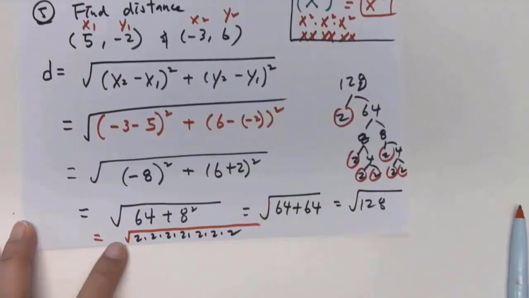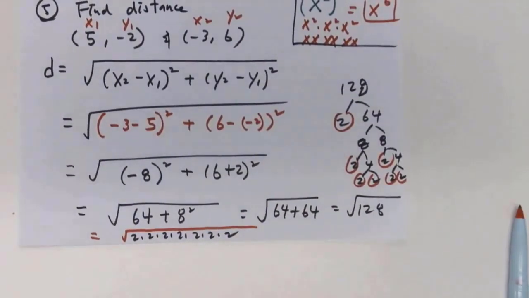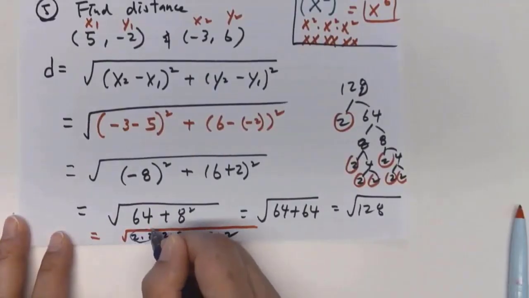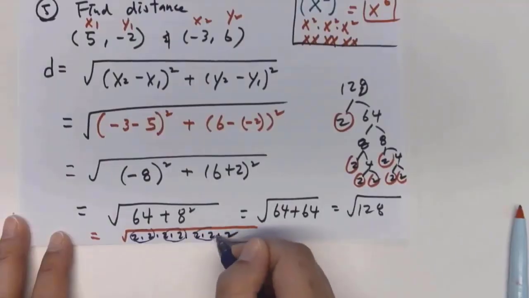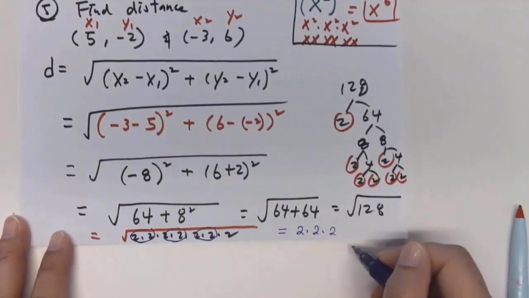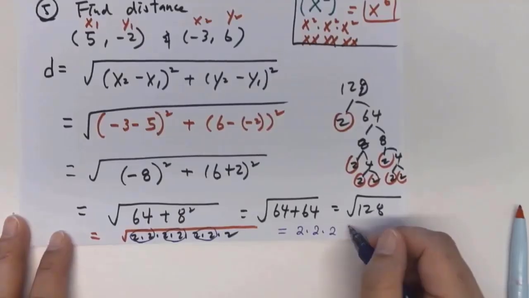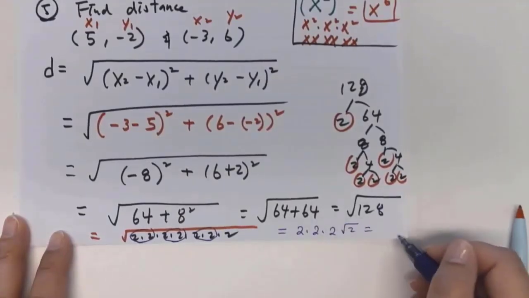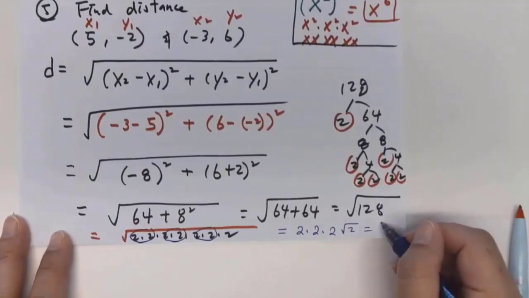This doesn't have a root number, meaning what kind of root? Square root. I need how many as a group to get out? 2. So I have one group here, one group here, one group here, right? Outside, we have 3 times 2 times 2 times 2. Inside we have 2. Square root of 2. So the final answer should be 8